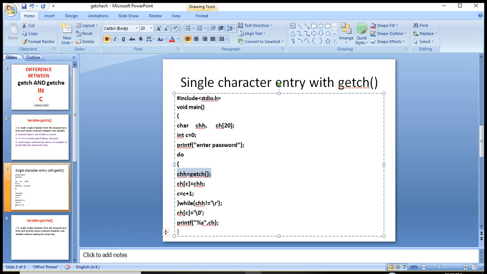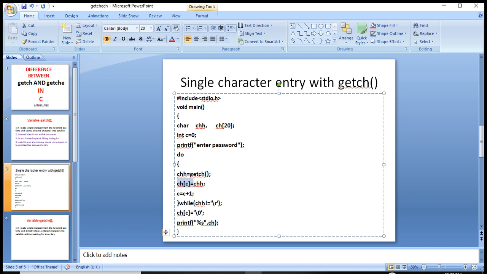That character will not appear on screen because the getch command does not allow the pressed character to be shown. The chh variable value will be stored into the ch array at 0th location.